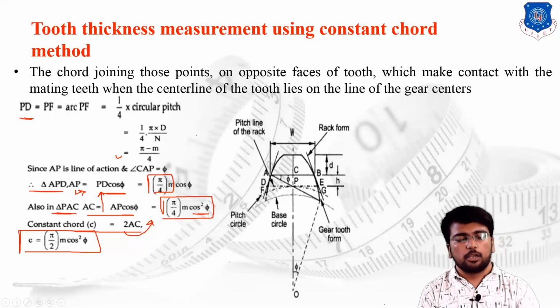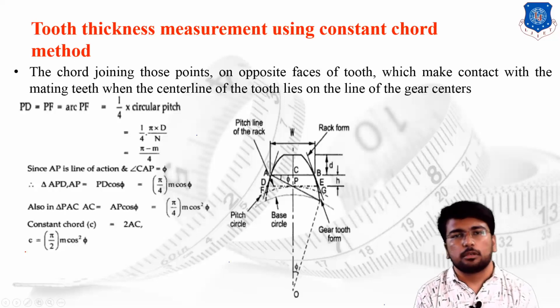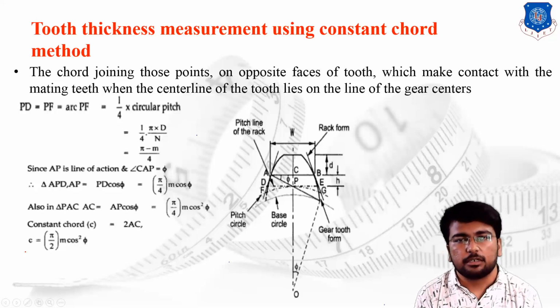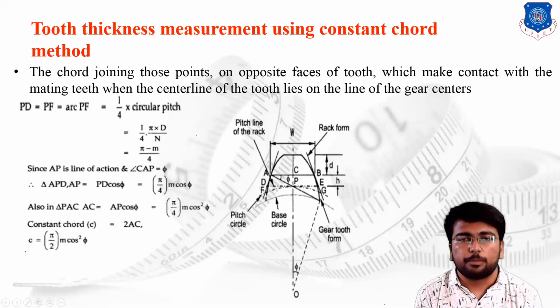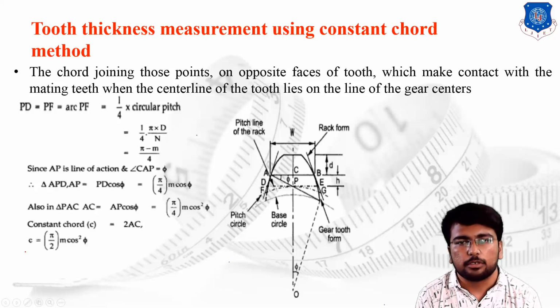So guys, over here we are winding up our lecture. What we have discussed today: we started with the basic concept of the gear tooth vernier caliper and how it is useful in the mechanical industries for the measurement of different parameters of the gear tooth. We are supposed to find the width of the particular gear tooth profile at the particular depth. Then we discussed the basic concept of the constant chord and how the constant chord can be found.